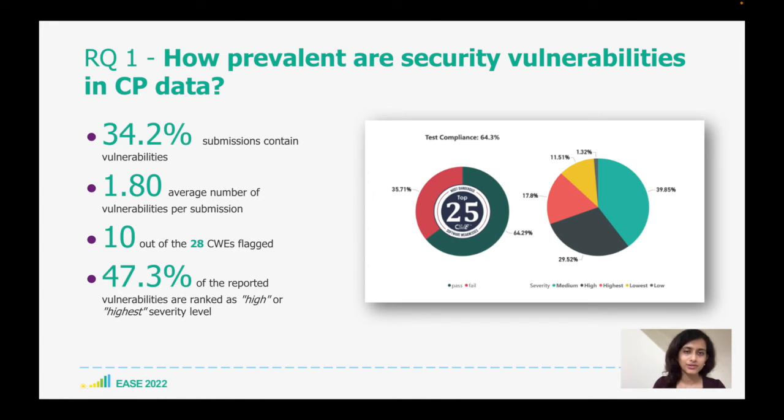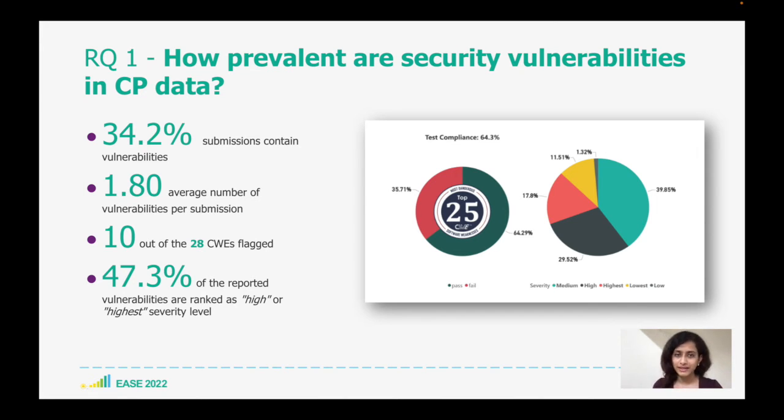Hence, after the manual review, 144 vulnerability types out of 246 detected were chosen based on the possible consequences that they could introduce in real-world software projects. This was done based on the detailed official CWE and PVS Studio documentation. We found that 34.2% of the submissions were flagged with vulnerabilities and that the average number of vulnerabilities per submission